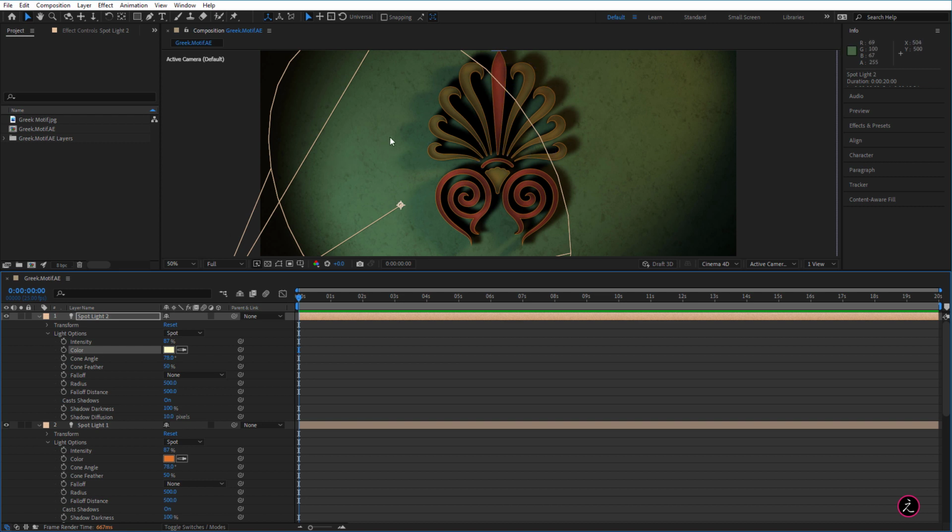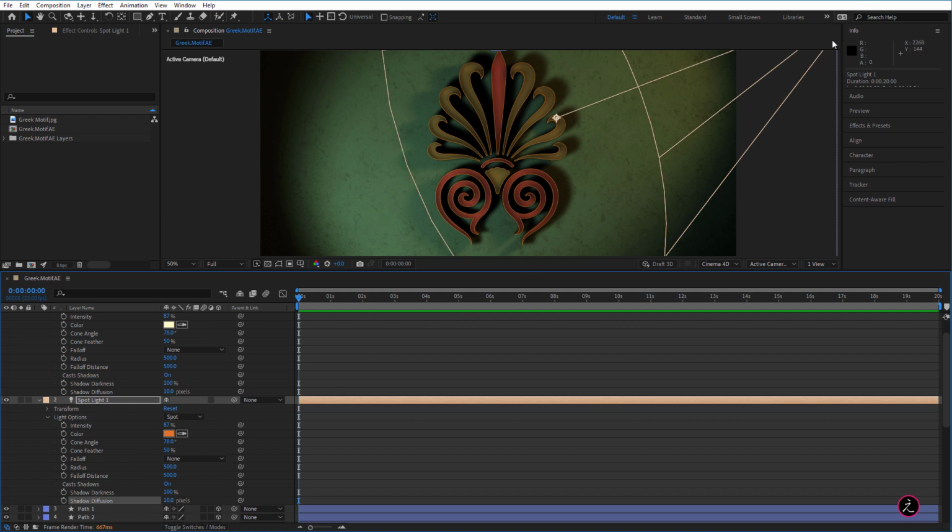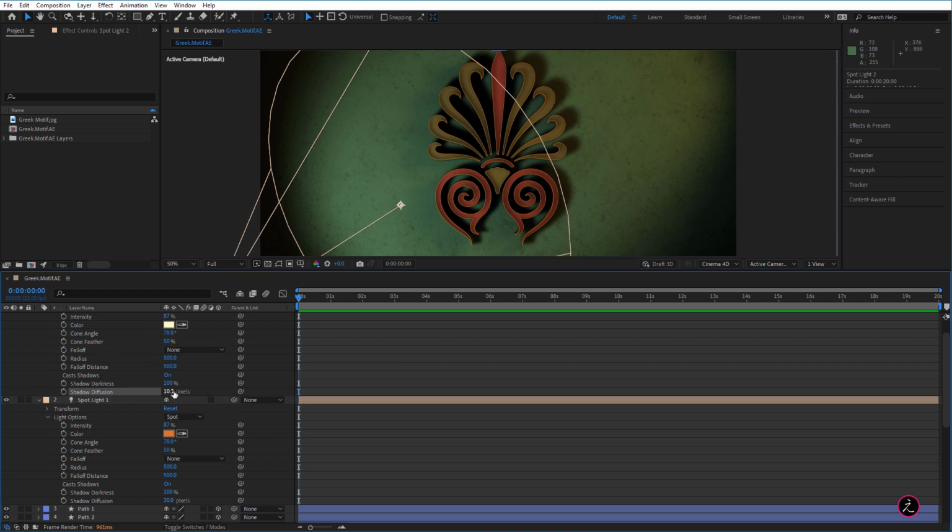Great. Now, the next thing I want to talk about is the shadow diffusion. This one right here. And that refers to how soft the shadow is. Here's the one shadow for the spotlight one, and here's the other shadow for the spotlight two. So what I can do here for the shadow diffusion for this spotlight one, again, the light comes from the top right, here's the shadow. I can increase this to, let's say, perhaps 30. It's going to be less of a shadow here, so for this one, it's going to be more soft. Let's also increase the softness for this light right here.